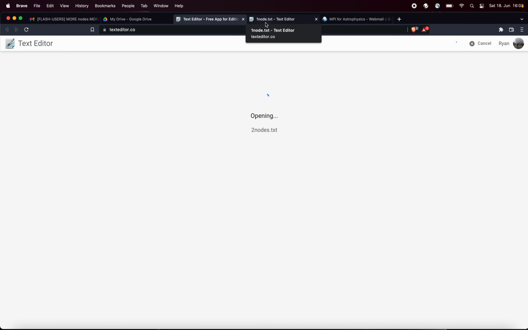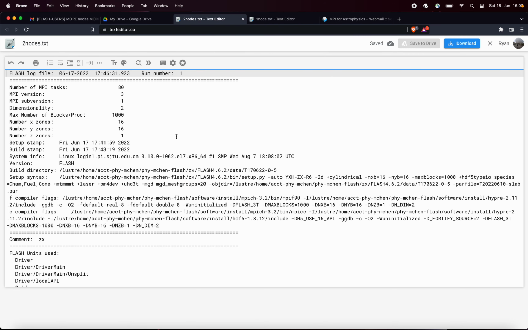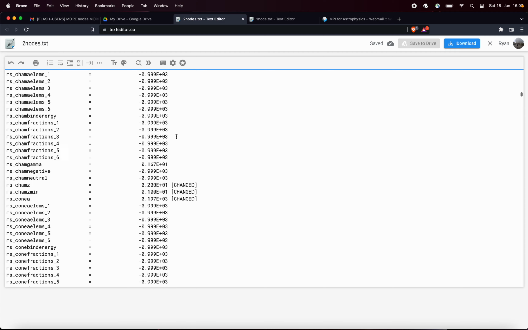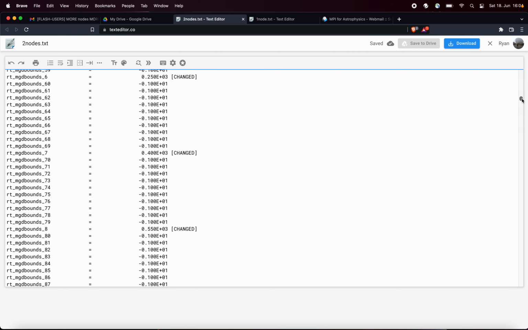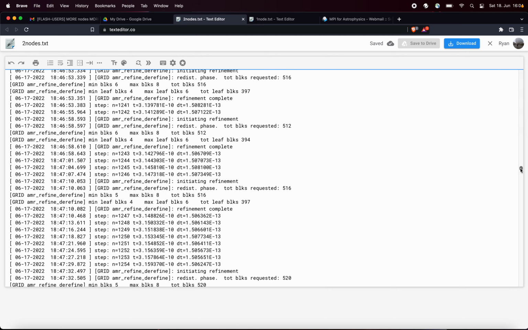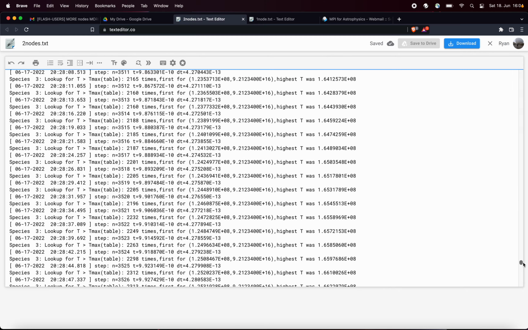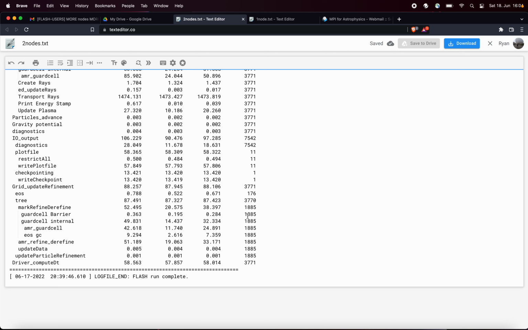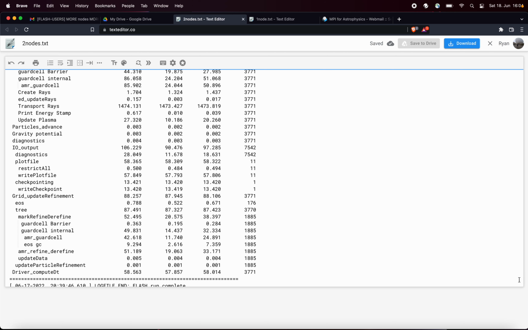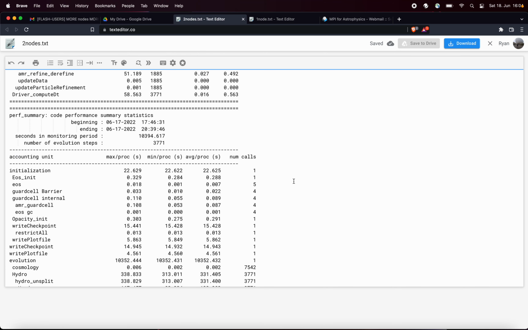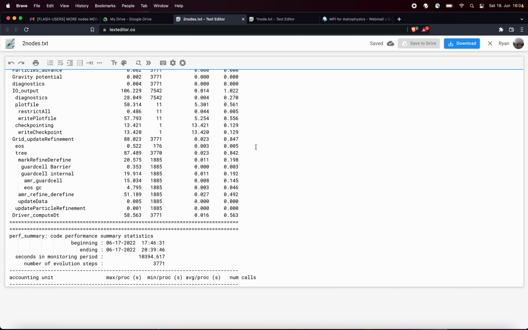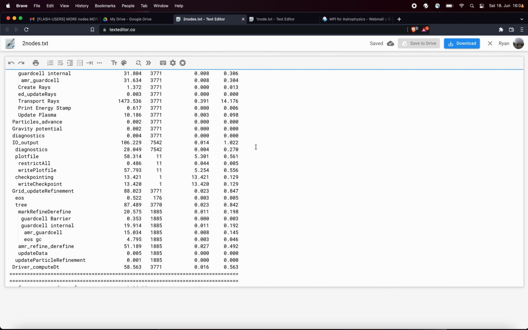Okay, and then we'll open up the other one in text editor. Then you can at least run through it and make sure it looks like a normal Flash log file before downloading. And it does. So I did end up downloading them, and I ran a diff, which makes life a lot easier. But even without doing that, if you scroll to the bottom,